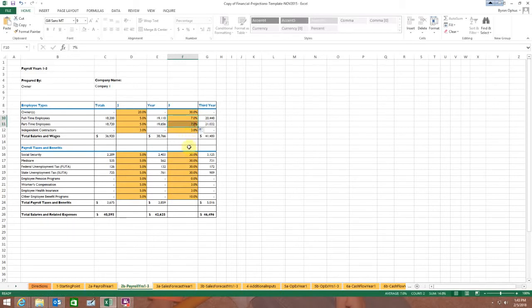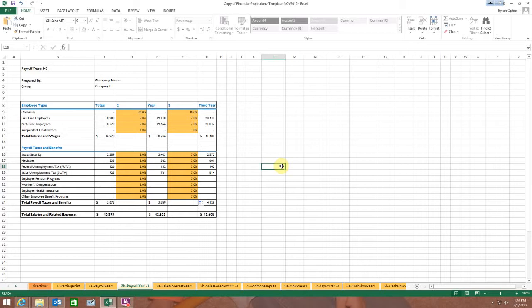I think 20% and 30% is a little bit high, but I've got to make sure that all these match. Remember, this is the increase that they're anticipating, and so your Social Security rate that they pull out is going to stay the same, and so the increase is going to be the same as whatever you're predicting up there. There we have it. We're done with the payroll. It should be that simple.